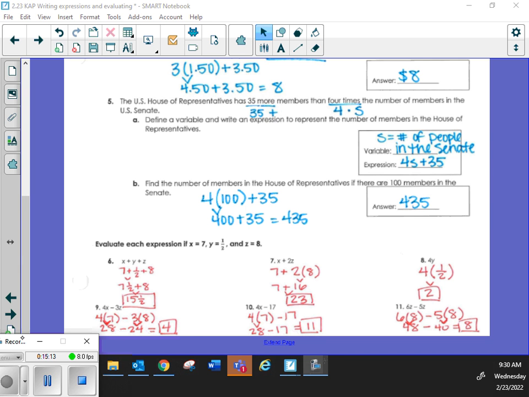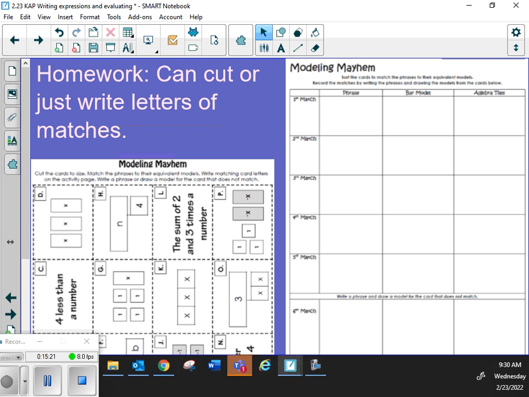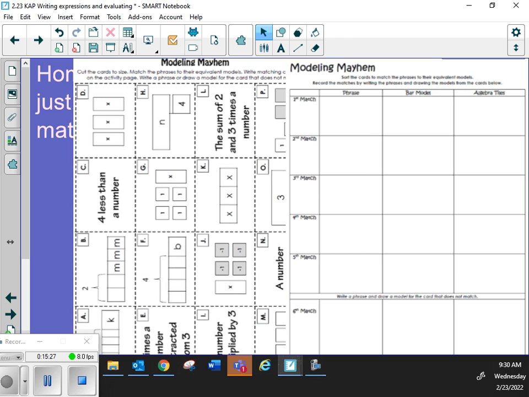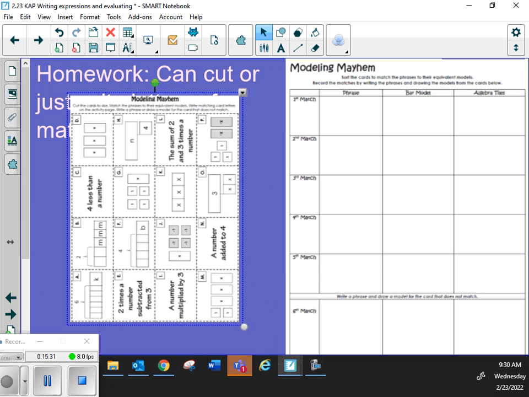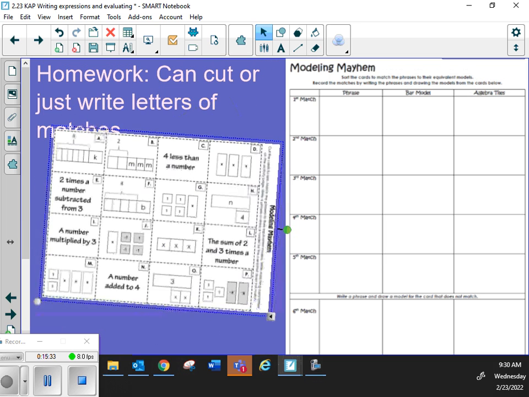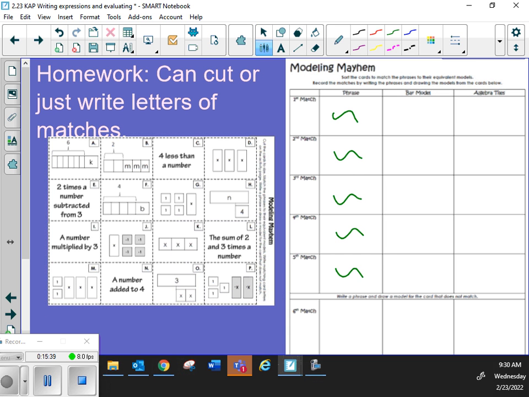All right, if you didn't finish, please don't sit in there and copy. For your homework, you should have 2 pieces of paper. What's going to happen is you are going to cut this page and you are going to match things up. It doesn't matter which one's which, but what I recommend doing, you see how there's several of these? Here, let me make this bigger so you can see it all on the screen. When I cut them out, I would put all of the words down first. Y'all good with that? And then find the bar model and find the